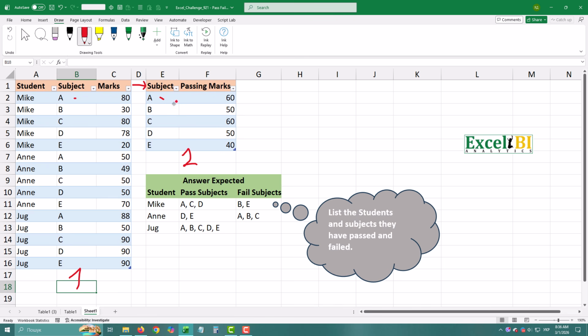Before I touch anything, I ask one question. What level does my final output need to be? It's student level. One row per student. Right now I'm at student subject level, so at some point I need to collapse, but not yet, because right